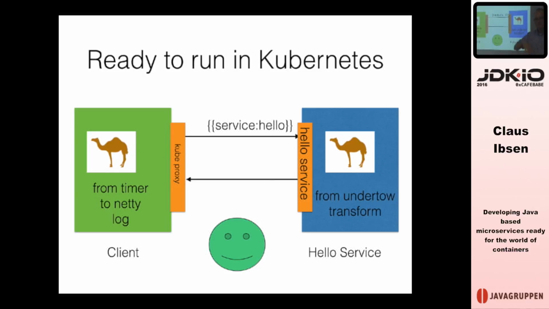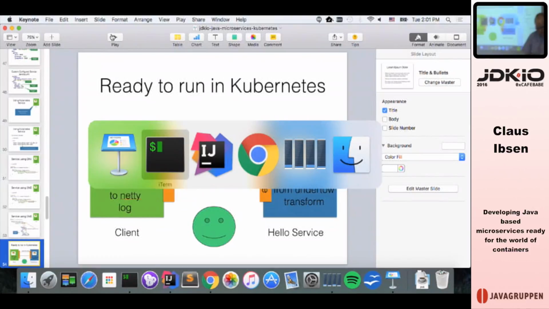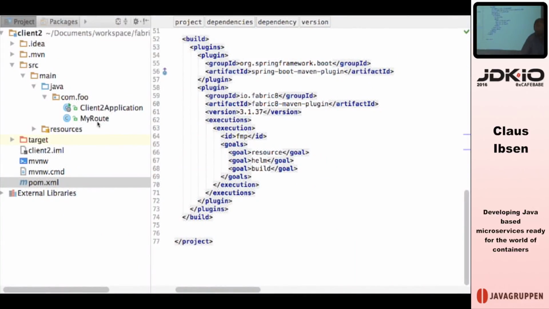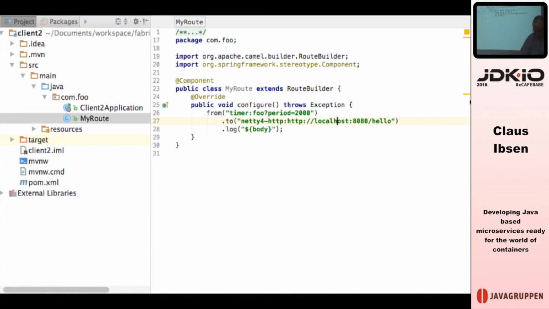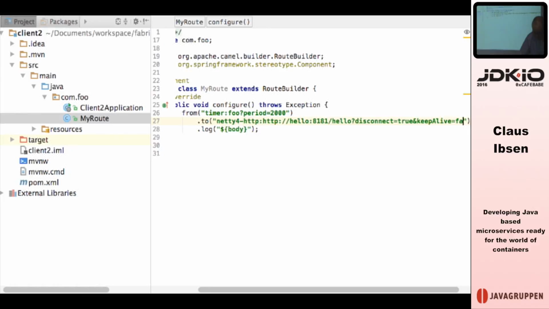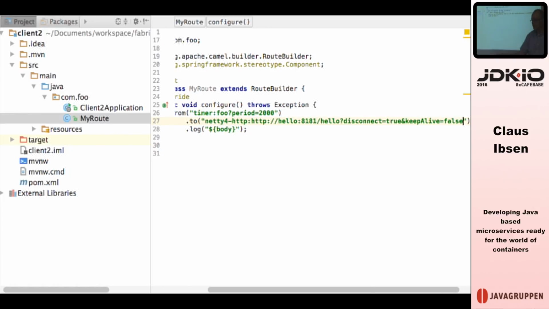And now we should be able to run that in Kubernetes. So let's quickly do that. And here we can choose either DNS or the Camel version of it. You're free to choose. We can type hello 8181. And just for the fun of it, we want to tell it to disconnect and not use keep alive.